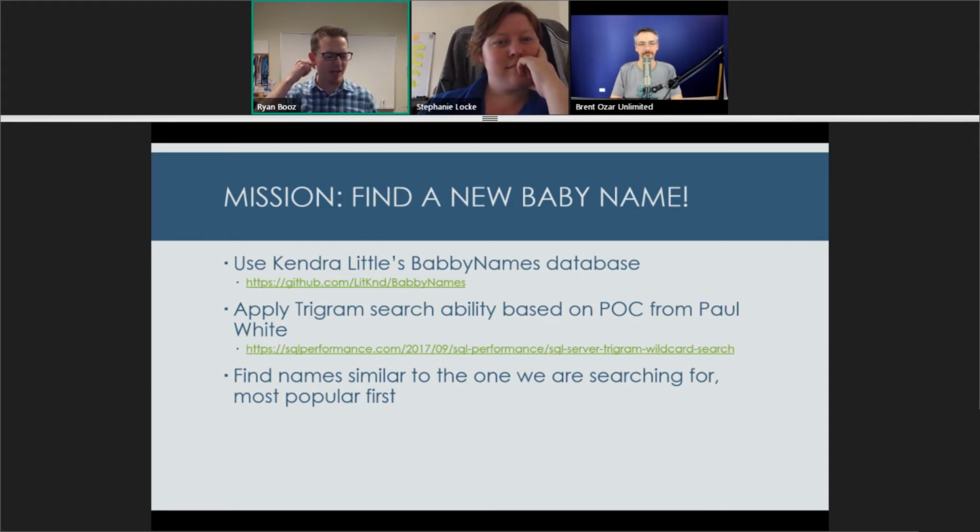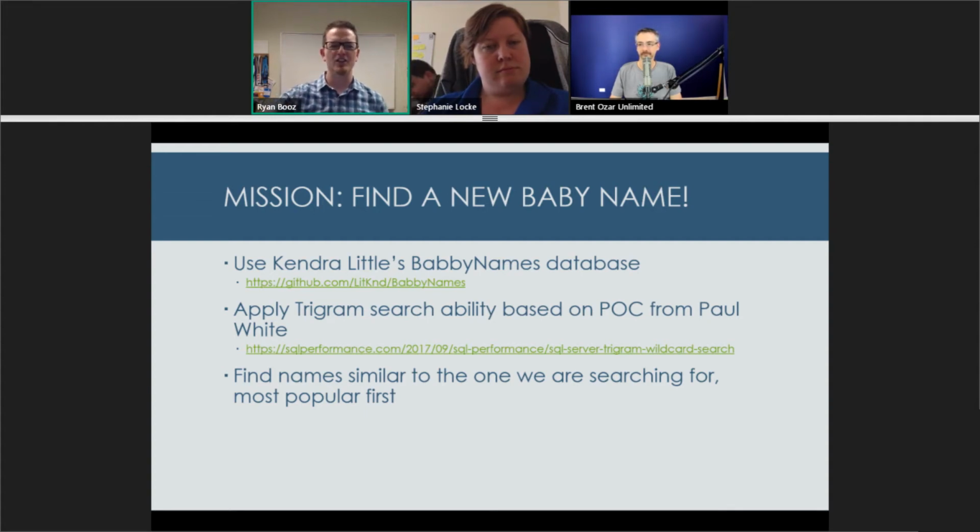I happen to have demoed something in the company a few months ago on trigram searches. I was really interested in how to make our searches faster in our application in a way that full text just doesn't help, kind of the fragment search, as it were. So I'd done a proof of concept using Paul White's excellent article, had done some manipulation to it and made it work for us. But I realized that Paul's implementation here is all I needed.